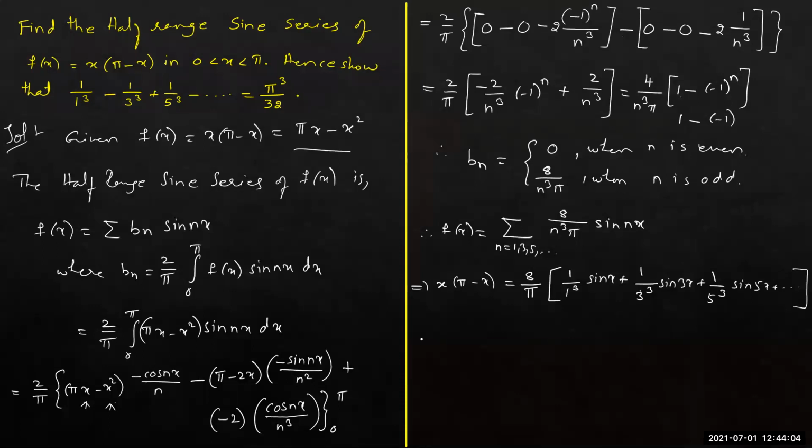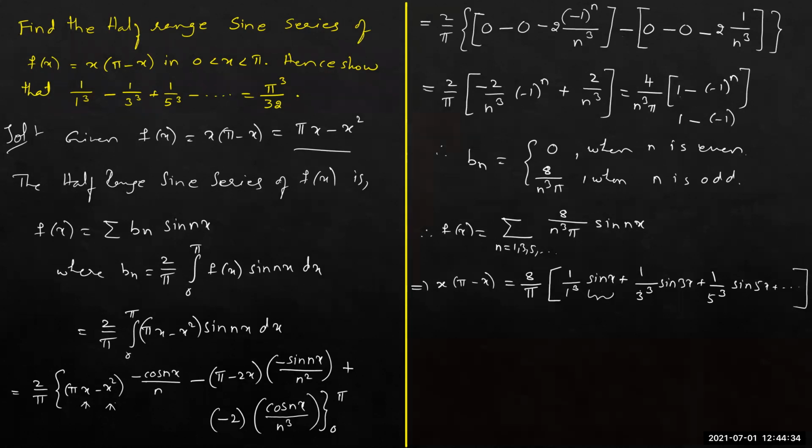Look at the question carefully. If you compare them, we have 1 cube, 3 cube, 5 cube, and here also we have 1 cube, 3 cube and 5 cube. That looks all right. But if you look at their coefficients, the coefficient of 1 cube is actually 1, and here the product for 1 by 1 cube is sine x. So if sine x becomes 1, that will be comfortable to us.